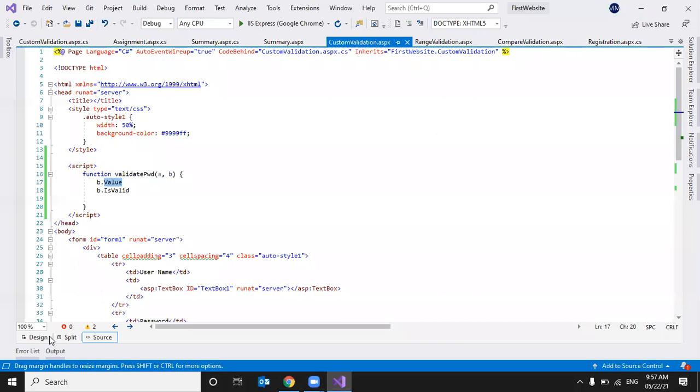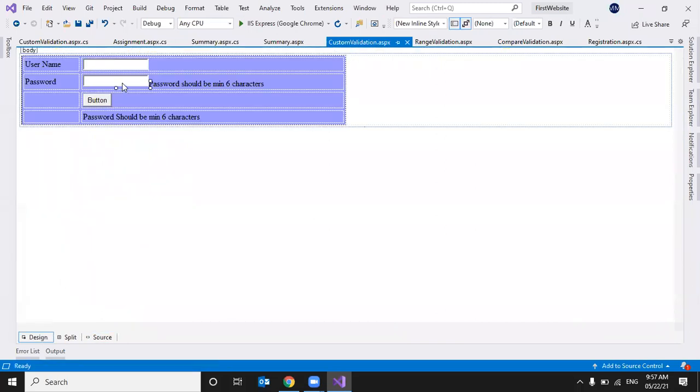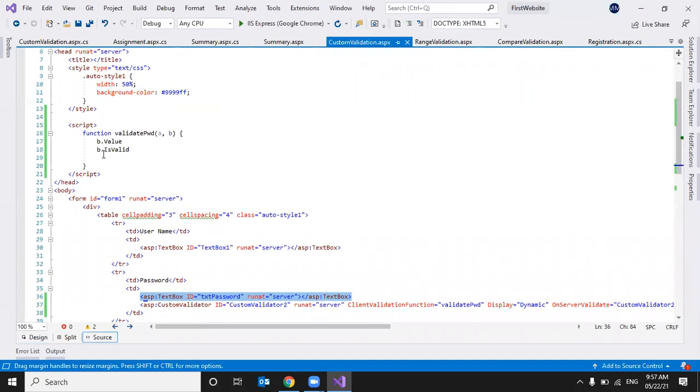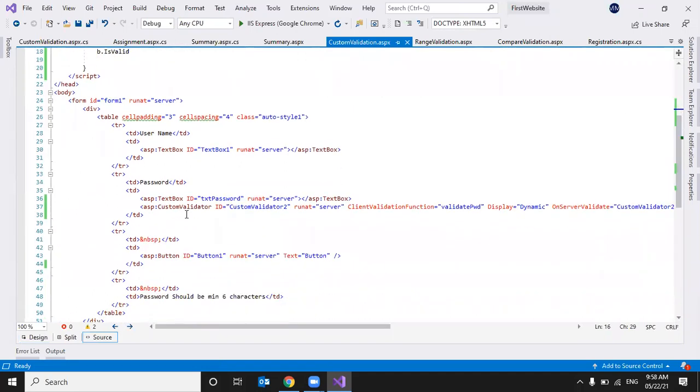Value will have the value of the control we are validating, and is valid tells whether the control validation is success or not. This function will return that to the custom validator, and then the custom validator will return whether validation is success or not to the page or form.